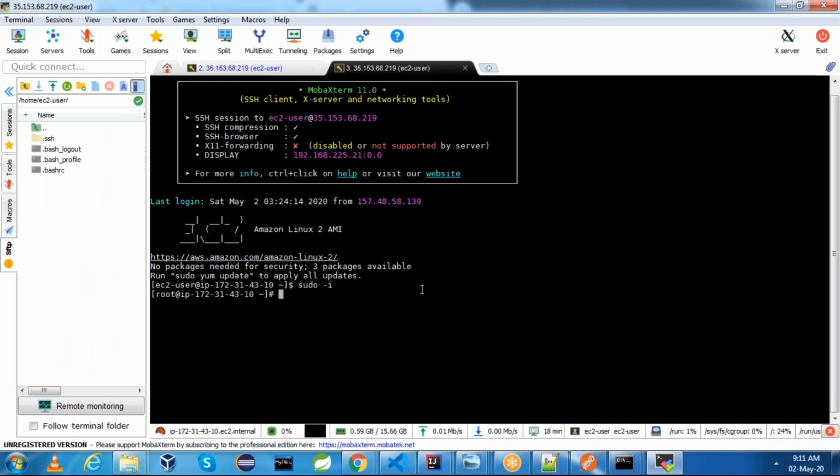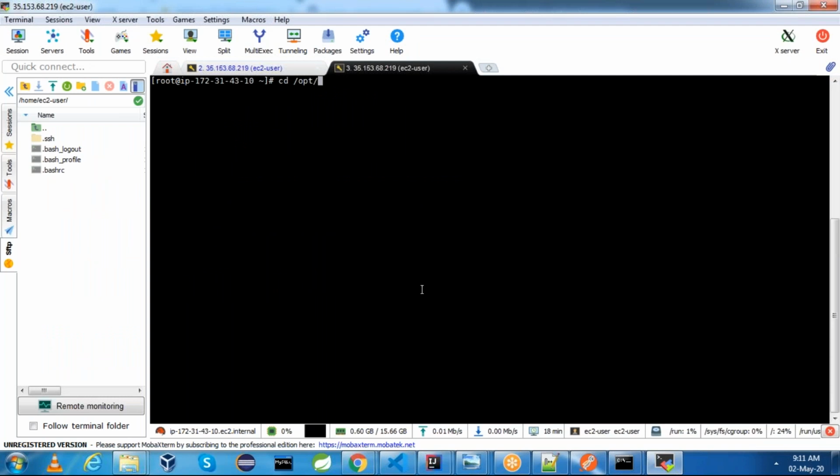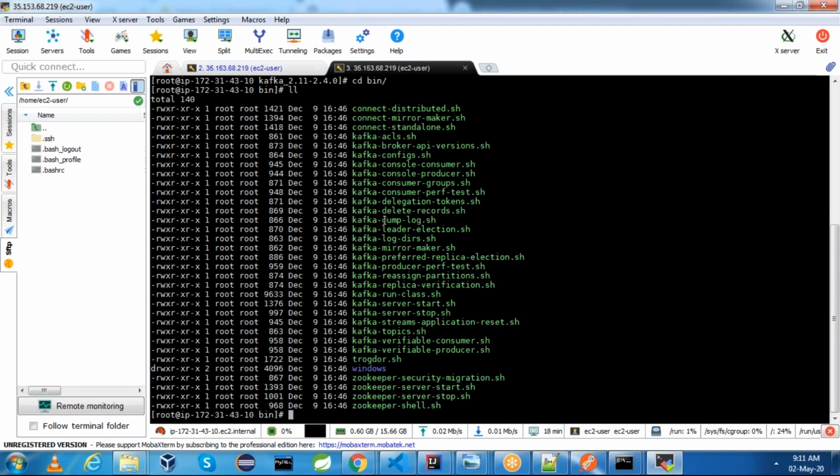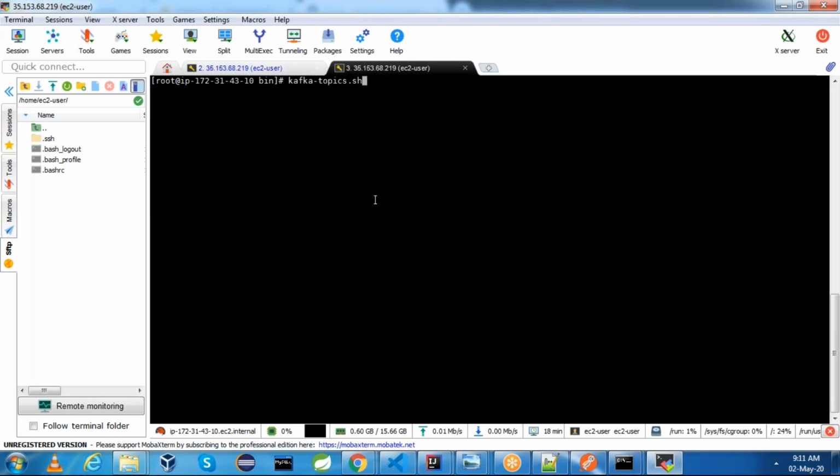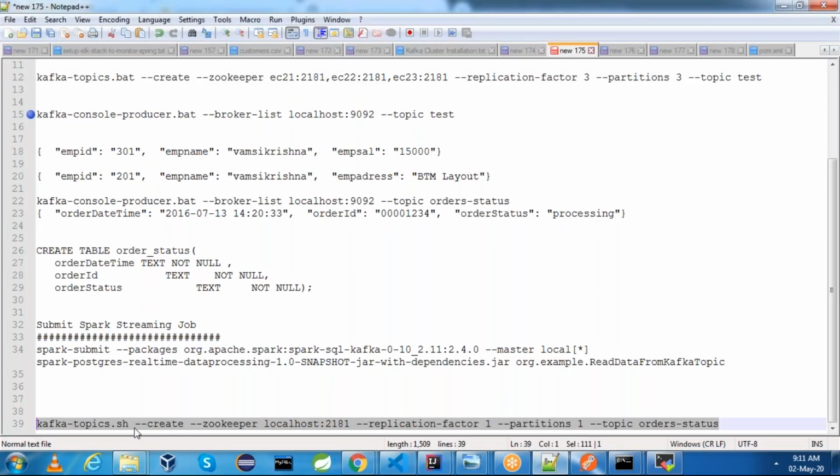Go to Kafka directory, go to bin, and here you have Kafka topics create. This is the one, kafka-topics.sh. You can run this command. kafka-topics.sh, create this one.